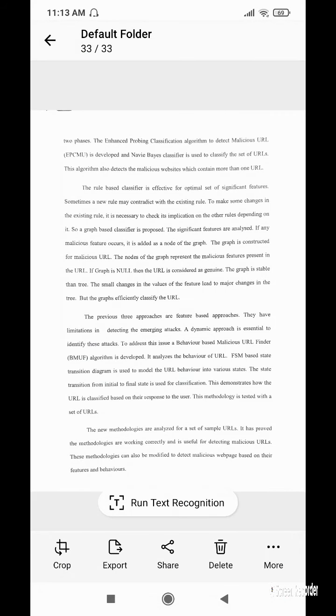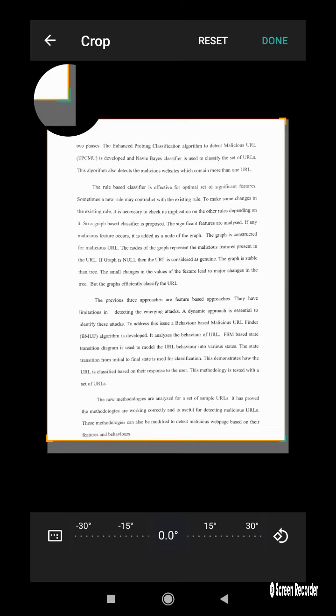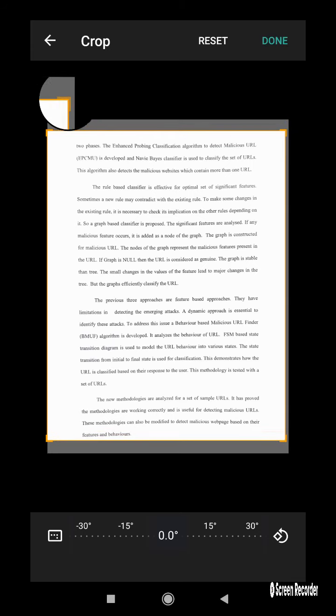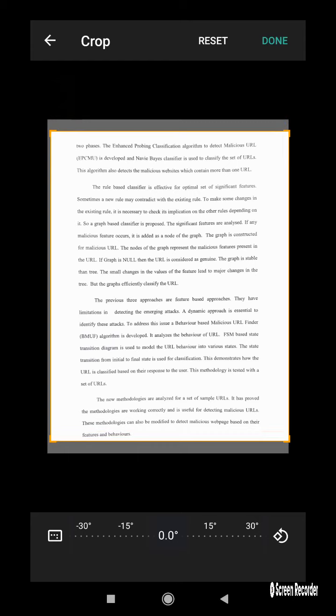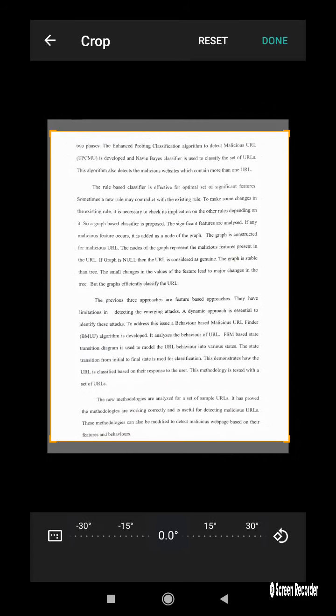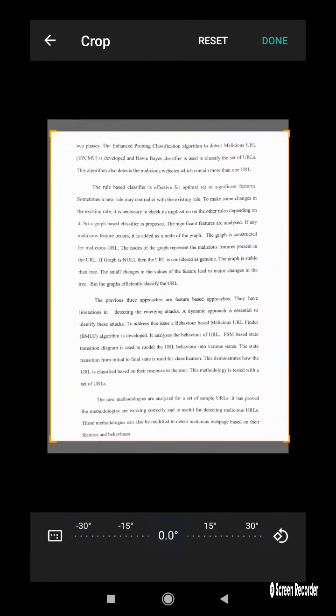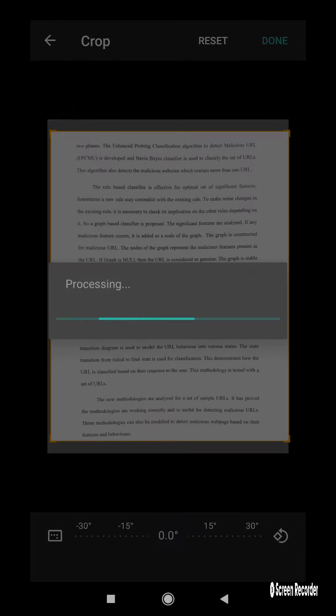To crop the image, you select crop, which is in the bottom left corner. Okay, I'm able to crop here. I'm cropping the file and clicking done. You can adjust the rotation, and the angle also. Likewise, in the bottom you will have features for this. For example, using rotation you are able to rotate your document like this. Once your cropping is over, you select done.